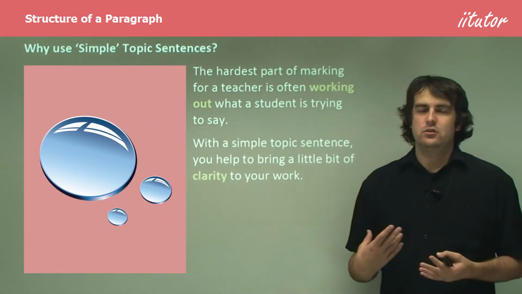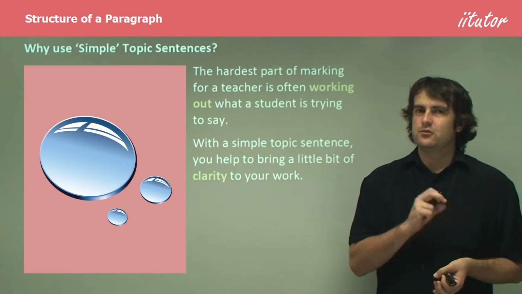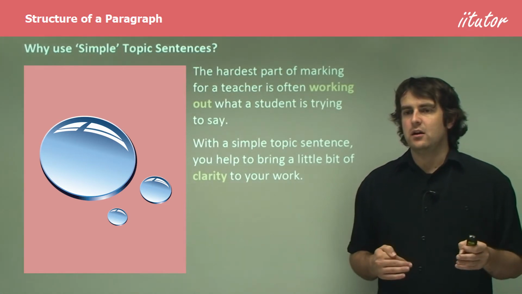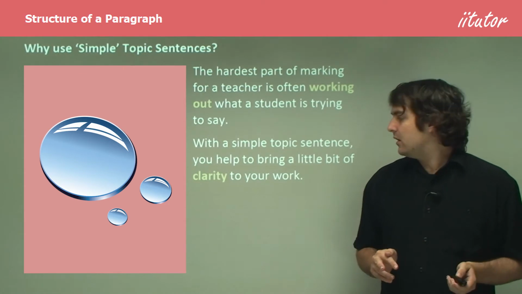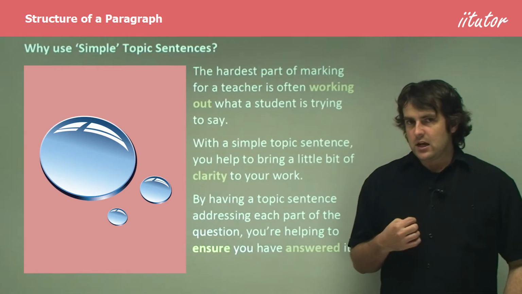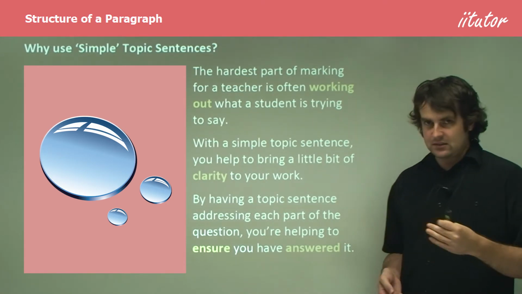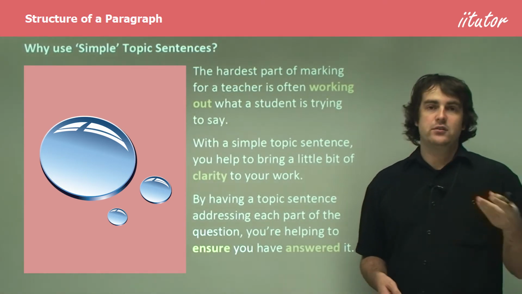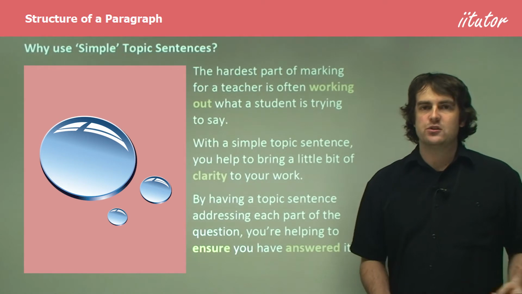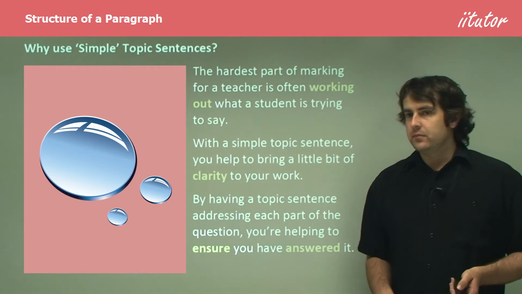It will bring clarity to your work by having those bookends of the things that you've covered in the question, and your topic sentences literally will be addressing a separate part of the question. Then what you're doing is essentially making your work a little bit clearer. And it's a very simple way to make your work just that tiny bit clearer. When you go back over your work, you can have a look at each topic sentence you write and immediately, without having to read it, know that you're helping to answer the question. You're ensuring you've answered it. It essentially works like, as I said before, those tabs in a binder. If you look at each of those sections, you should be able to see something that's completely answered the question and does so in such a way that not only can you pick that up, but other people can pick that up too.